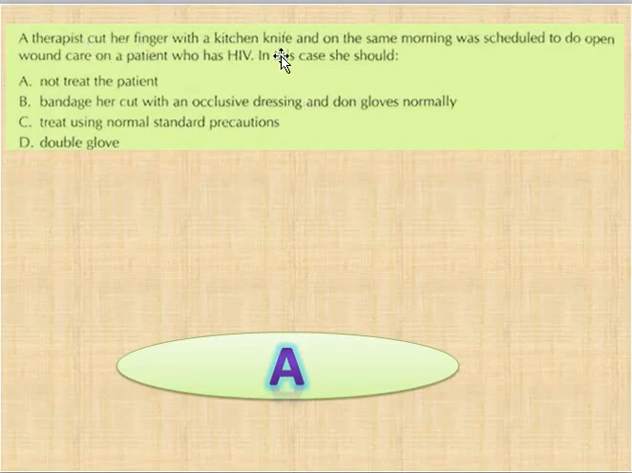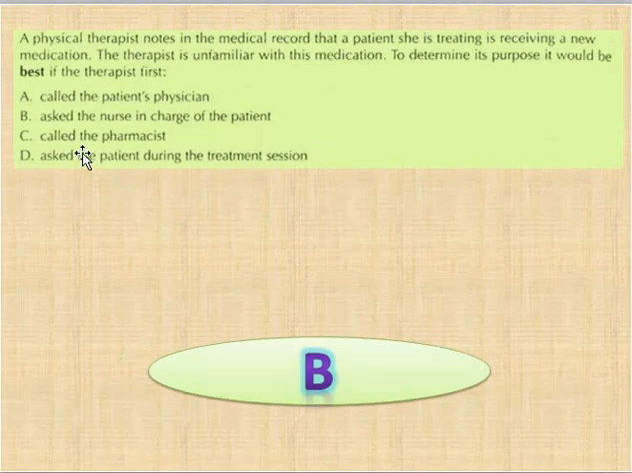A therapist cut her finger with a kitchen knife. On the same morning she was scheduled to do open wound care on a patient who has HIV. In this case, she would option A, not treat the patient, B bandage her cut with an occlusive dressing and don gloves normally, C treat using normal strength precaution, D double glove. तो ऑप्शन A करेक्ट है, नॉट ट्रीट। हम पेशेंट को ट्रीट ही ना करें क्योंकि HIV है और फिर रिस्क इन्फेक्शन स्प्रेड के ज़्यादा हो जाते हैं।